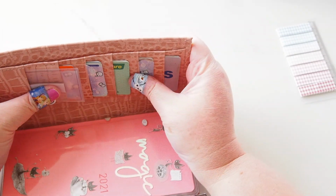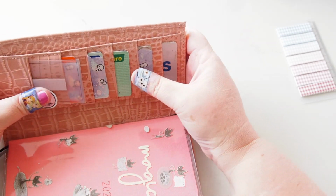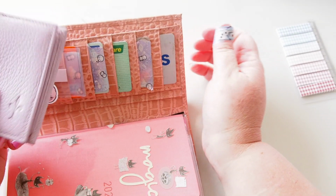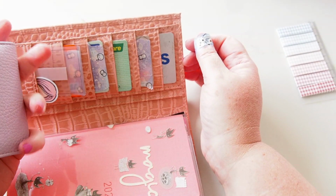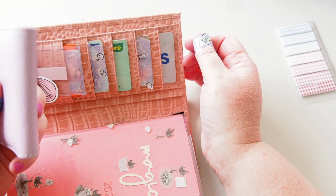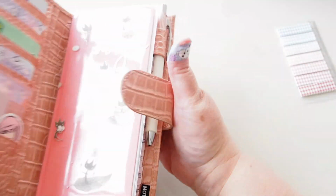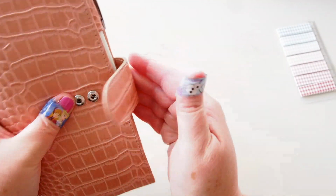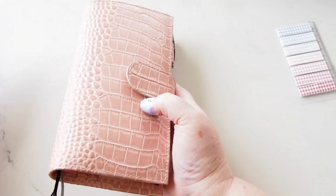So whether I want to take out the less important ones, or do I want to keep this for my driver's license and my credit cards? Because I do find this quite handy just to run up to the shops with. But I'm trying to get into the habit of carrying a planner with me at all times. So this is how I kind of want it to be. So maybe we'll just keep it like this and see what happens, hey? I can always move back into this anytime,